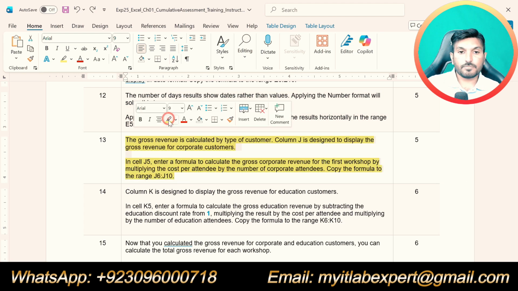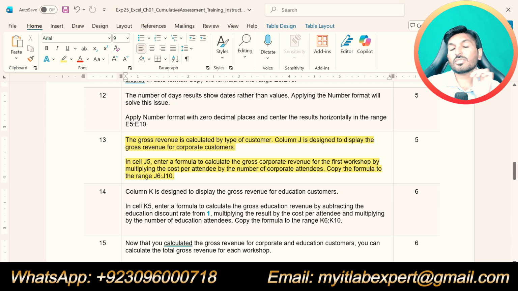Step number 13. The gross revenue is calculated by the type of customer. Column J is designed to display the gross revenue for the corporate customers. In cell J5, enter a formula to calculate the gross corporate revenue for the first workshop.